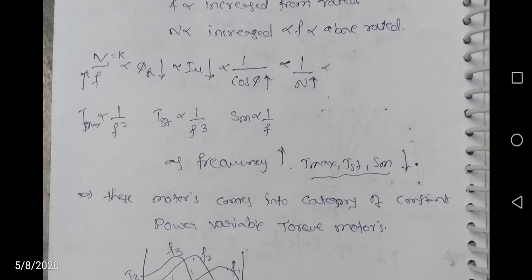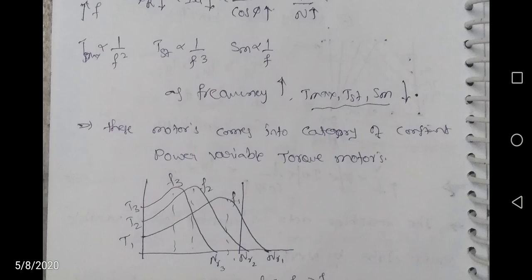So the magnetizing current required decreases, cos phi r increases, and Nr values increase. Nr values increasing means rotor speeds increase because frequency is increasing. Frequency increases, Ns values increase, and Nr values also increase. So this method is called the variable frequency drive method. It is suitable for above rated speed control applications. In the above rated speed control application, torque is variable and power is constant.